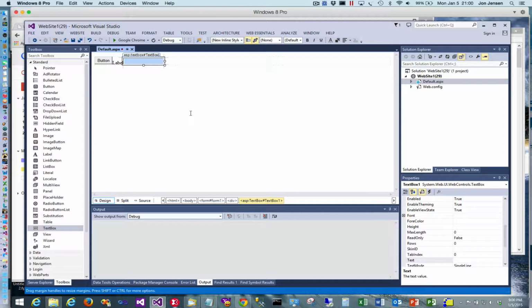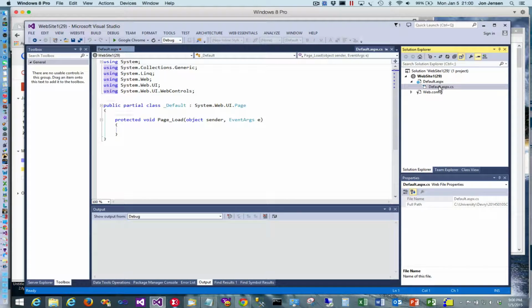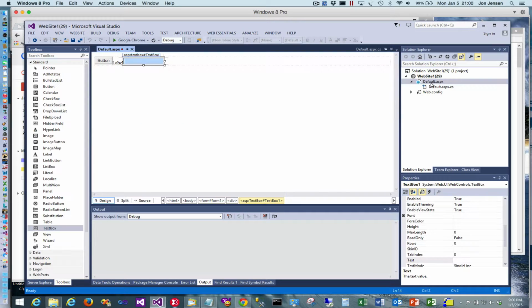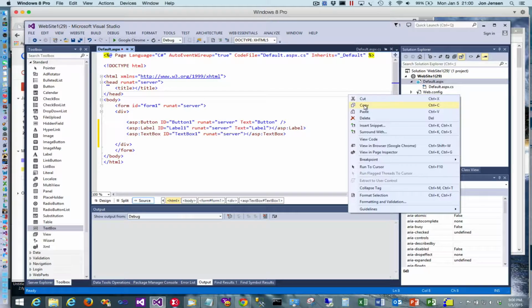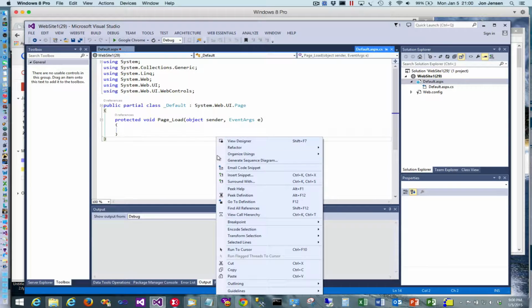Now, as you're aware, an ASP.NET page has code behind C# code, which we can get to by expanding this, or we can select source here and look at this. The easiest way is to select view code here to get back to the C#. Now, any control that you highlight in the designer has properties associated with it. So let me go back to the design view,